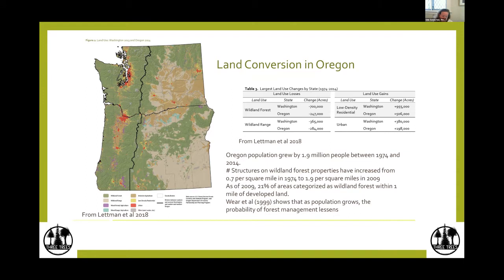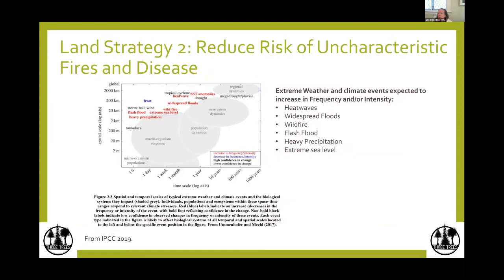However, population density has increased, and one study shows that as population in nearby areas grows, the probability of forest management lessens. So what can you do about that? There are some general policies to incentivize keeping forests working. These include preferential tax programs, voluntary incentives such as transfer of development rights, and even NRCS cost share programs to help reduce the cost of forest management. So try to keep your forest in a forest, and think of ways that we can have that incentive be there.